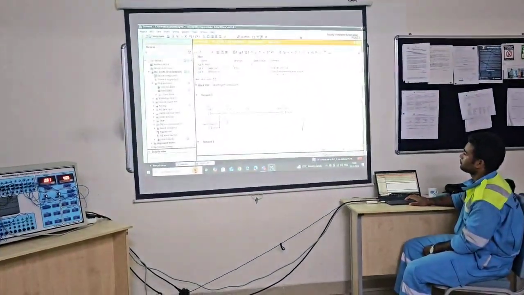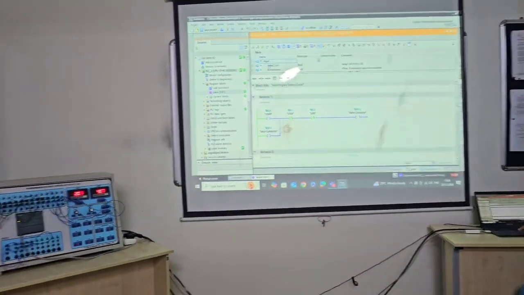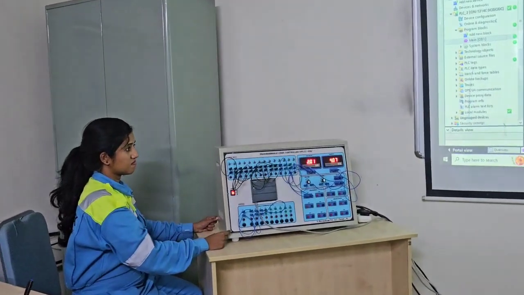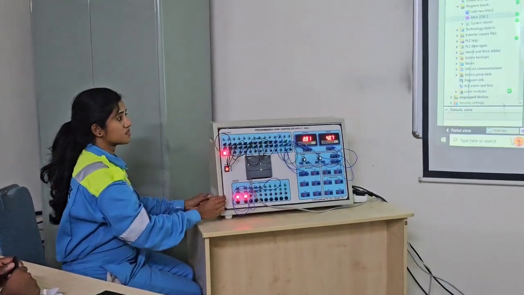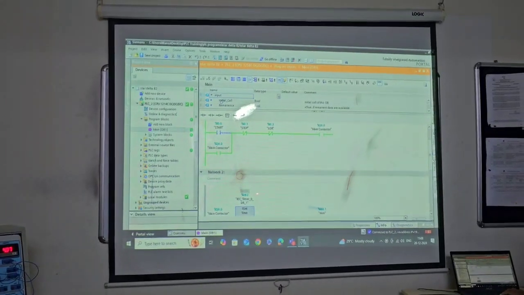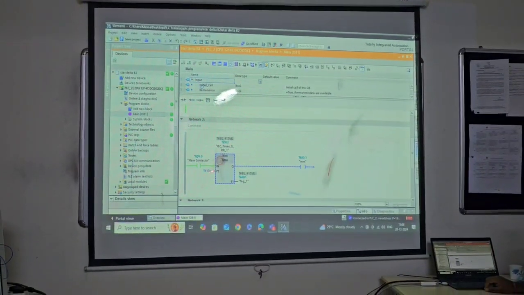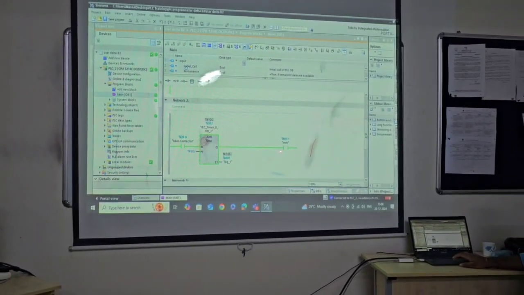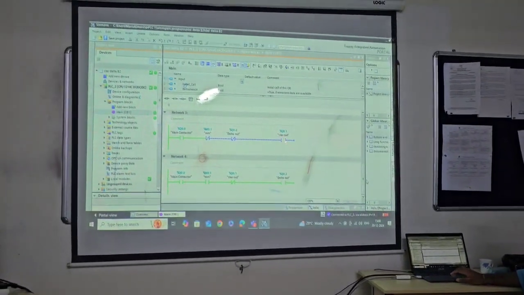Now when you are going to put it on, the candidate here will put the switch on, and you can see the thing getting on. The contactor will get on and it will be latched. Can you put it on please? So you can see here, then again put it off. Yeah, so now you can see the timer is running, and after 10 seconds this is getting activated. Scroll down please. Yeah, you can see it has changed from star to delta.